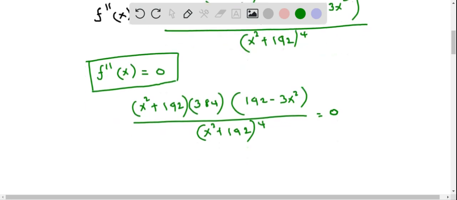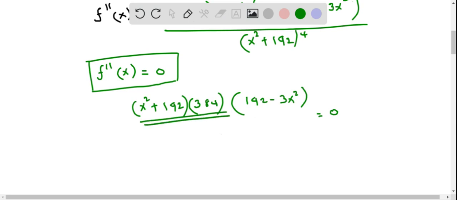We multiply both sides by the denominator expression to remove the fraction, and when we do that, this will get removed from the left side expression, and we will see only this product equals 0. And now we can consider that either this term equals 0 or this term is 0 according to the zero property of polynomials. So this cannot be 0, that is x squared plus 192, or otherwise is 384 times x squared plus 192. This does not have any solution